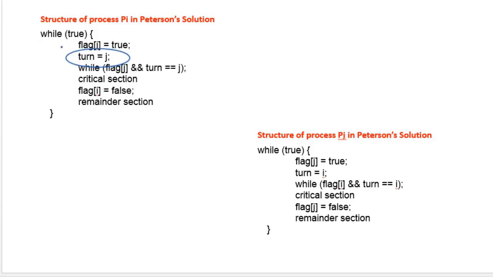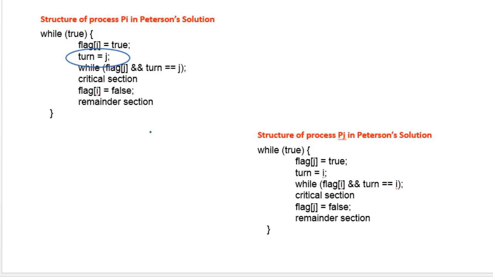That means it is offering a chance to process Pj, another process. This process Pi is offering a chance to another process to enter the critical section by setting this turn value to